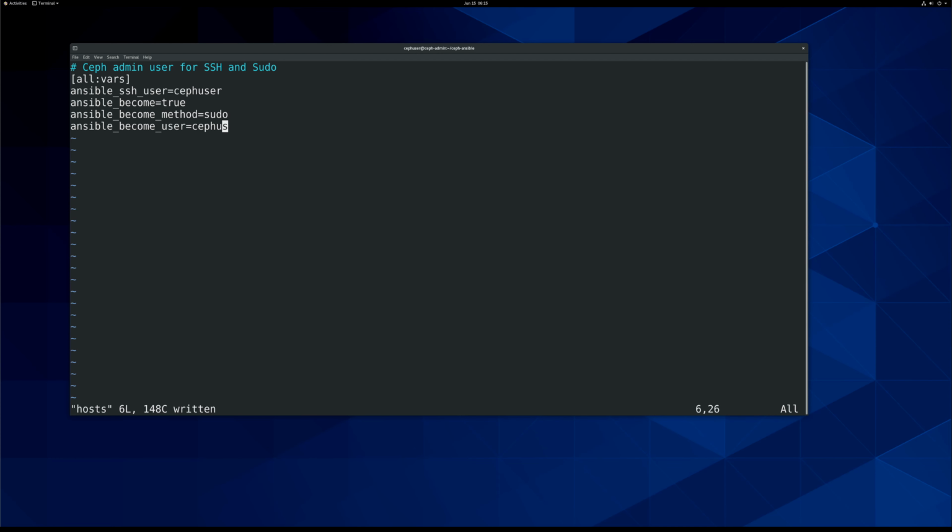I think this becomes user is root. Not sure, but let's see. So the next is the monitors, and we are going to use the mon1 as our monitor node. We have only one, and then I think similar for